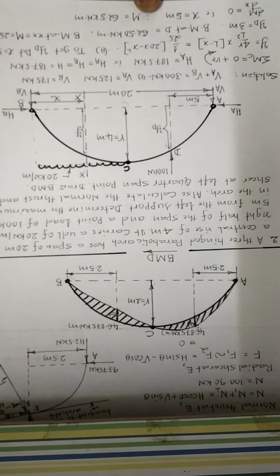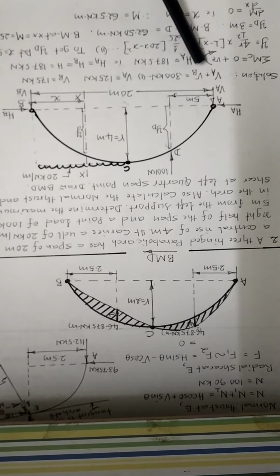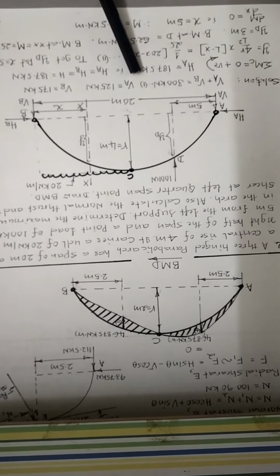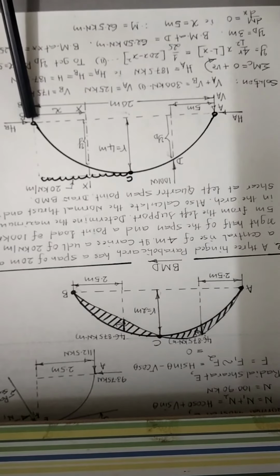Now we have to solve the problem by using laws of statics, or equations of equilibrium. We use the equation of equilibrium for vertical components, sigma V is equal to 0, treating upward forces as positive. That is VA plus VB is equal to 300 kilonewton. Call that equation number 1. Now use the moment conditions, taking moment about the right support B. That can be written as sigma MB is equal to 0.